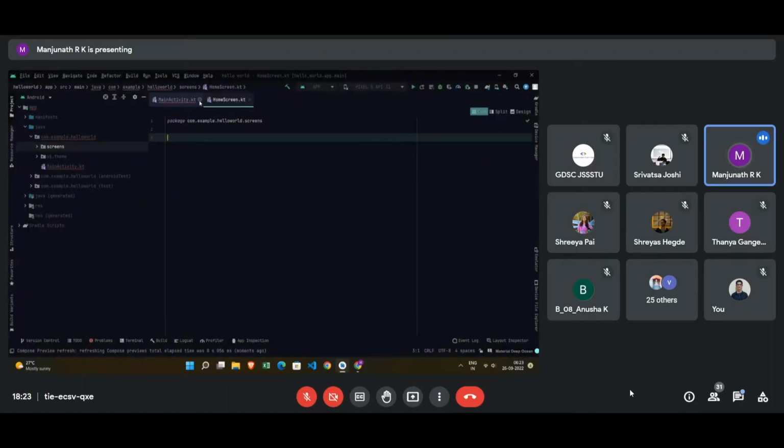Within this home screen, we will be writing the code that will be displayed on our screen. Now I shall type this composable keyword again. As soon as I type this composable keyword, the necessary libraries are imported automatically. Now I'll declare a function called HomeScreen,